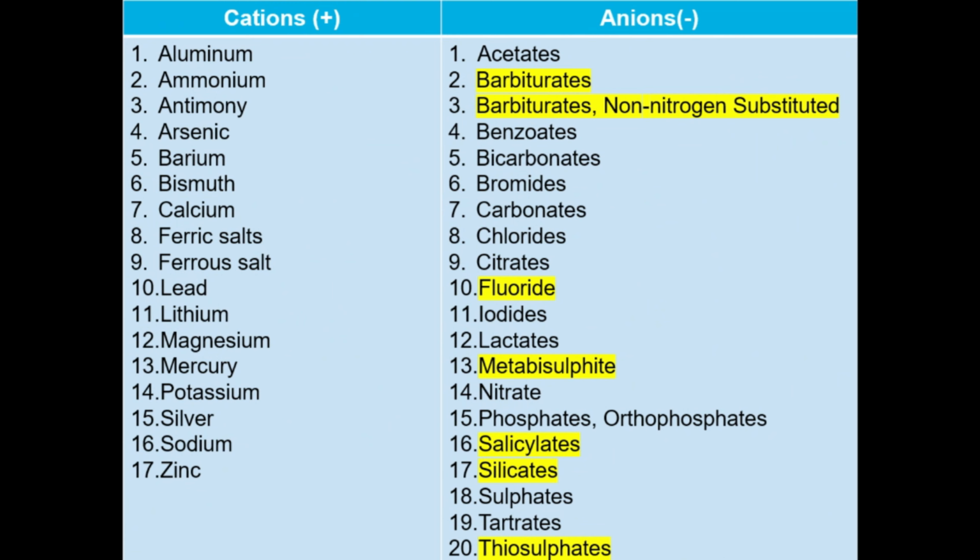So here is the list of some important cations and anions which are important in the field of inorganic pharmaceutical chemistry. Since we are discussing in this particular part anions only, we will discuss the anions. Here, those which have been highlighted with yellow are inorganic anions which have not been discussed in your Indian Pharmacopoeia 2018 edition. Rest all are there, so we will discuss only those anions in this particular lecture.